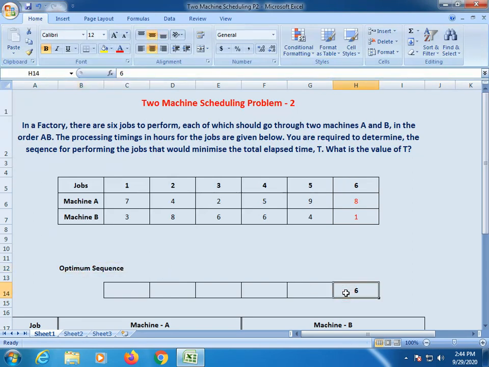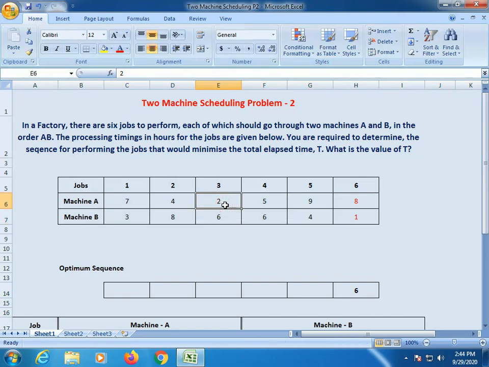Okay, then next we can go for another shortest processing time. Here, among all the shortest processing times remaining, we have to exempt the job 6 processing times. Remaining, what are the processing times we have? Among all the processing times, let us find out what the shortest processing time is again. Here, among all these processing times, the shortest processing time is only 2 hours.